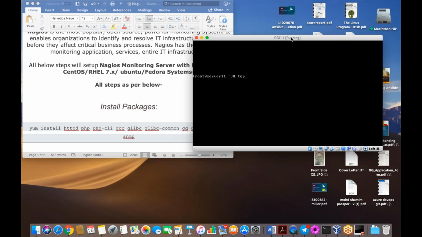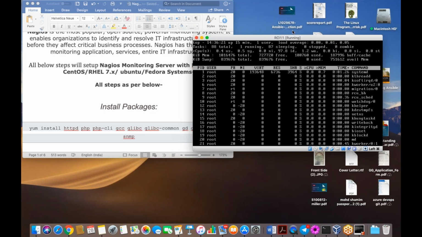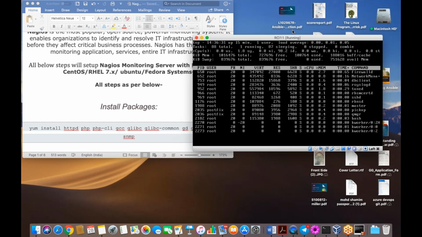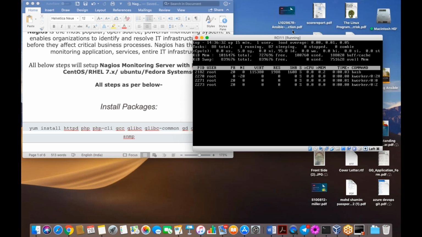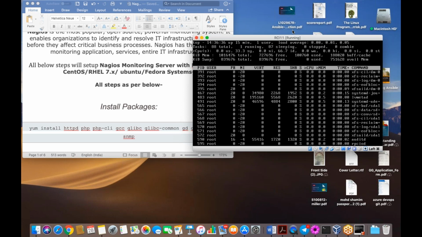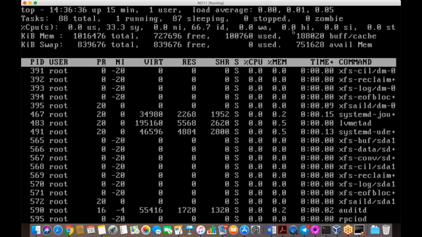Yes. So the top command basically shows which services are running in my machine. So let me check. Nagios is not here. You cannot see any kind of HTTPD. HTTPD and firewall are fine, but we don't have Nagios over here. Okay. Control C, clear,